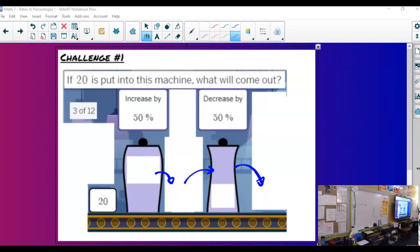So it looks like most of us are getting up to this slide or are past it. So I'm going to yank us back to it right now. Sorry if you are past that slide and mad at me about that. So we've got two machines in a row. We've got our increase by 50% and our decrease by 50%. And I think yesterday we talked really briefly